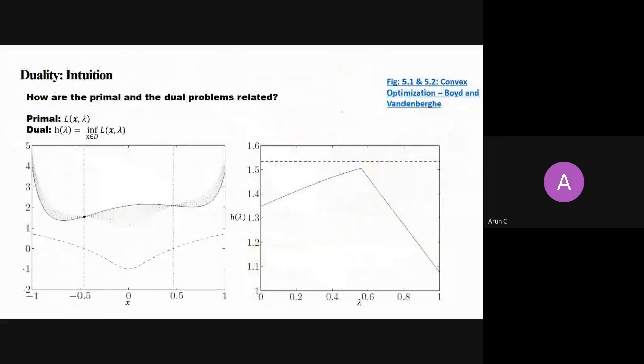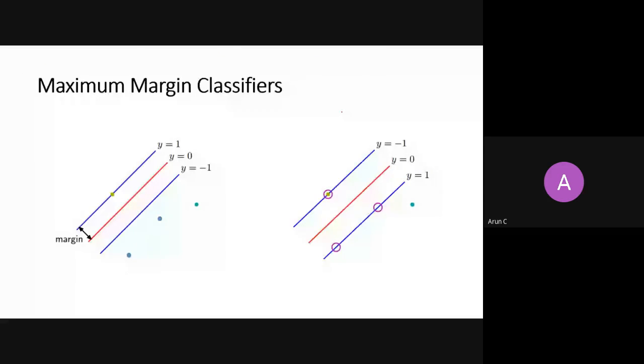We have discussed the primal, then we said that this is the maximum margin classifier, so we are broadening these margins. So what is the margin here? It is the perpendicular distance from the hyperplane to the nearest point of a class, right? So these are the margins. We need to maximize this margin, so we have to orient this hyperplane such that the perpendicular distance is maximized, right? This is the purpose of the support vector machine.